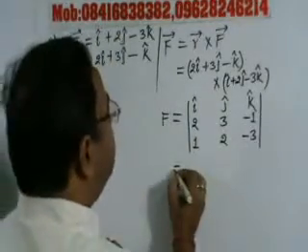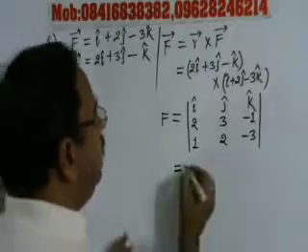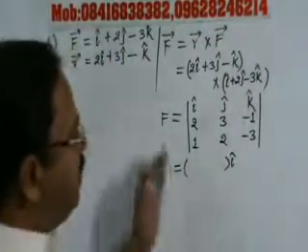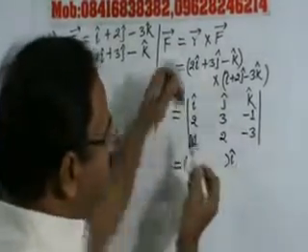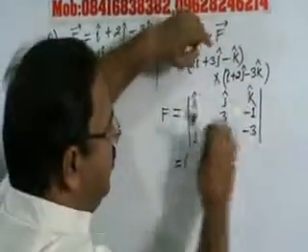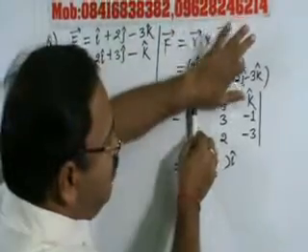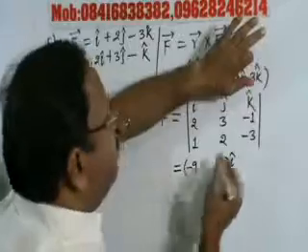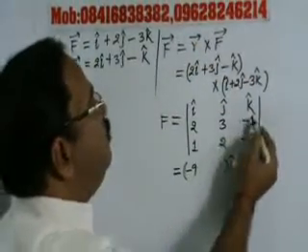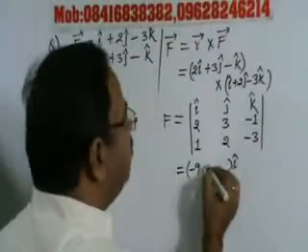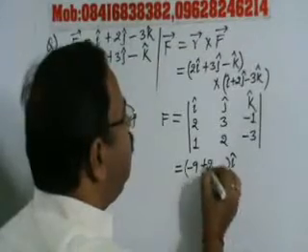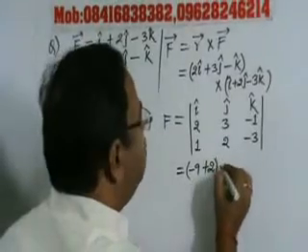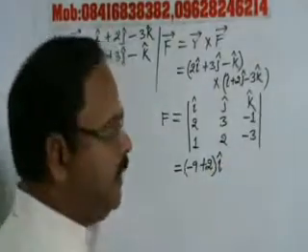So you know the expansion of a determinant; first we do this much for i cap. For i cap, we cover the row and column in which i is present, so 3 into -3 that is -9, and 2 into -1 is -2, and -2, so this will be equal to +2 i cap, right? So this will be +2 i cap, right?